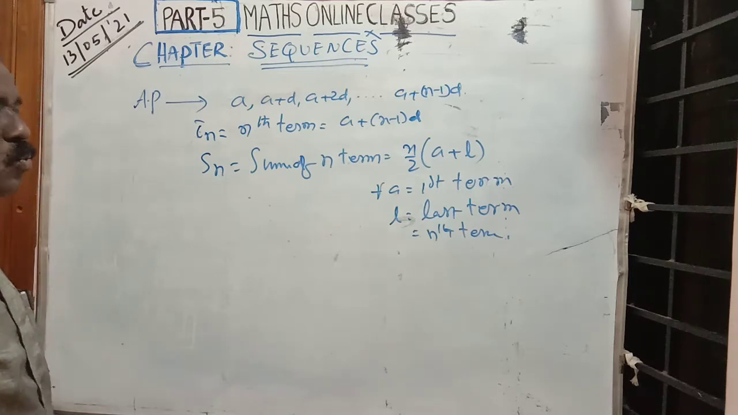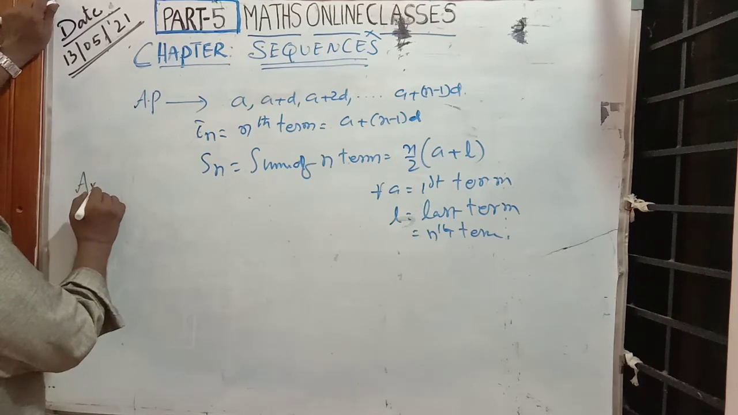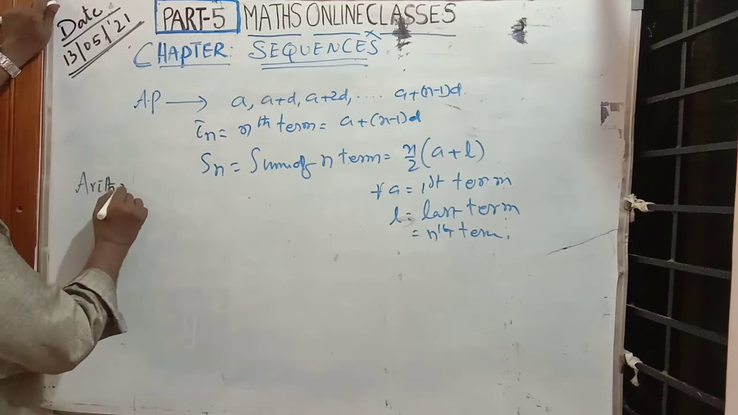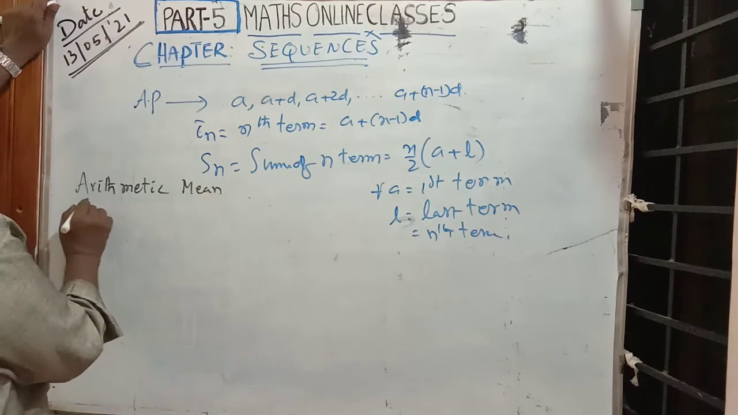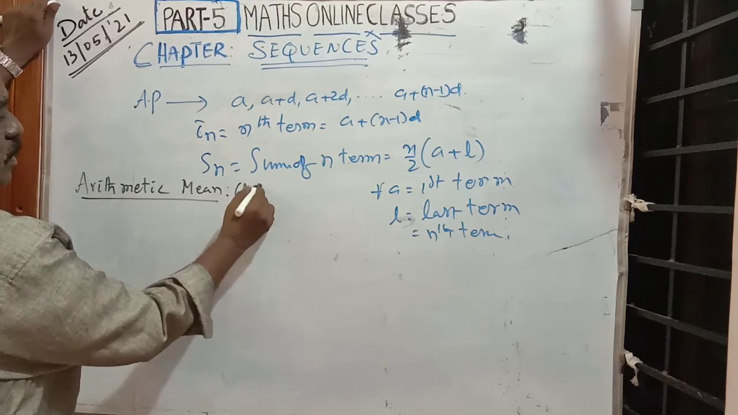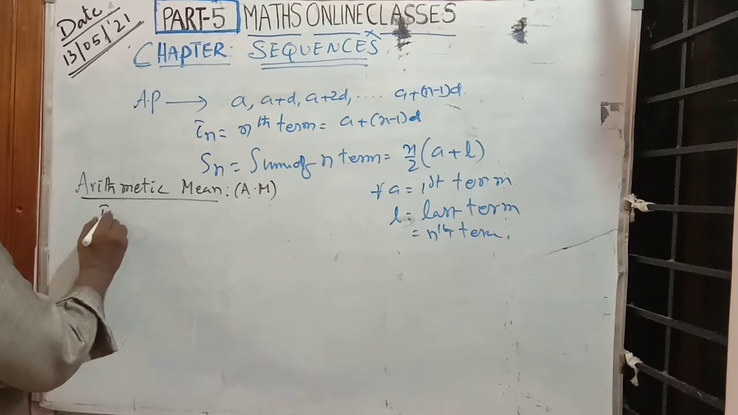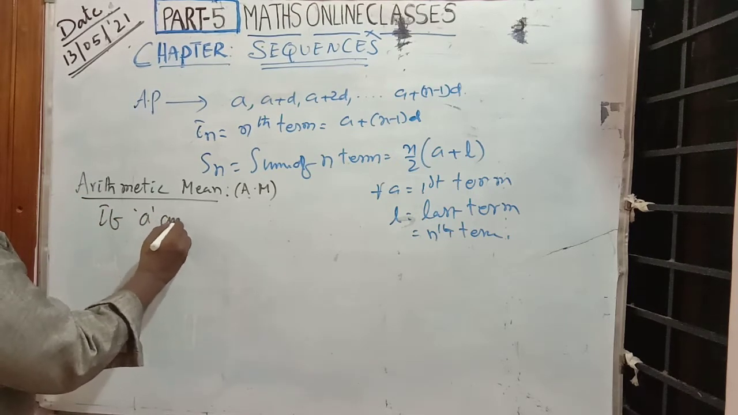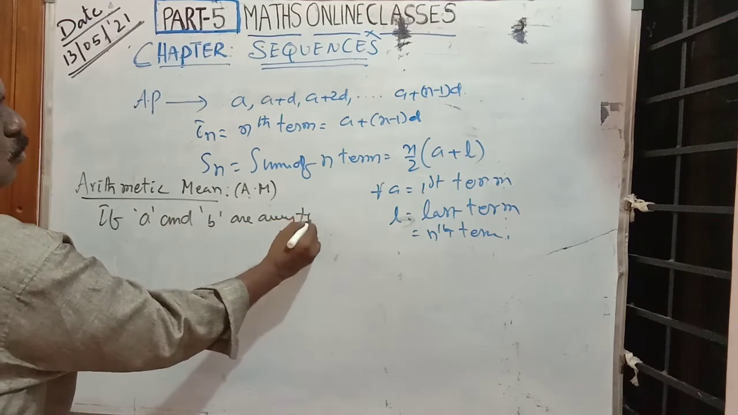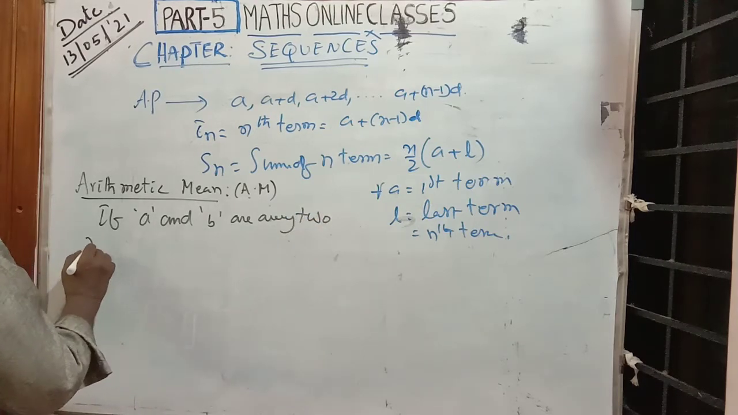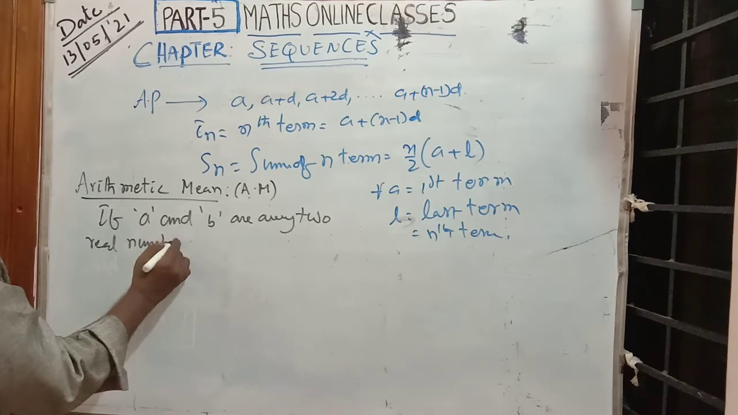Now we are going to discuss the arithmetic mean. Mean means average. AM is the abbreviation. Arithmetic mean: if a and b are any two real numbers,